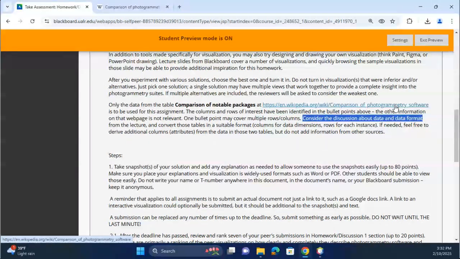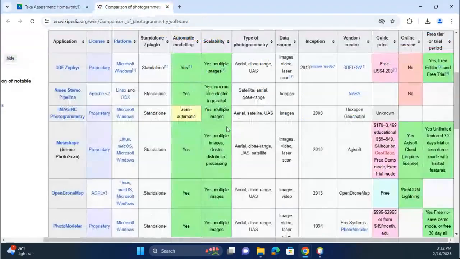Somebody showed it to me last semester. But it may not be in a format that the visualization tool really likes. So put them in a suitable format. For example,